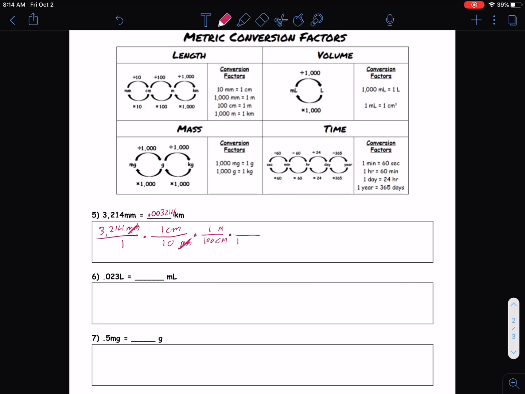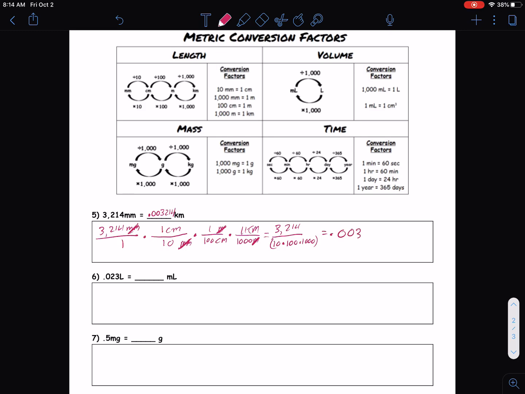And then you got to turn the meters into kilometers. Meters cancel. So you get 3,214, we don't need millimeters now because it's gone, 3,214 divided by 10 times 100 times 1,000,